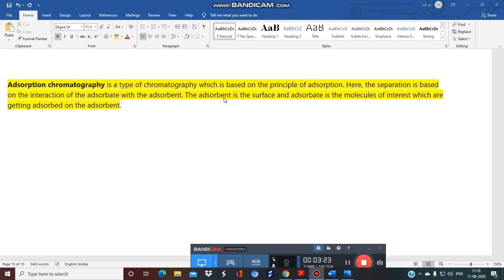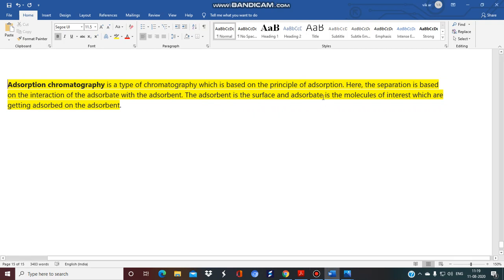What is adsorbent? We have covered this. What is adsorbate? The adsorbate is nothing but the sample or the components to be separated. Whatever your sample is, you will prepare a sample. First of all, you will prepare a sample, and before preparation of this sample, you will definitely go for extraction, because only then you will obtain an extract. Okay, so let's focus here. What is the adsorbate? The adsorbate is the molecules of interest that are to be separated, isolated, identified, and so on.